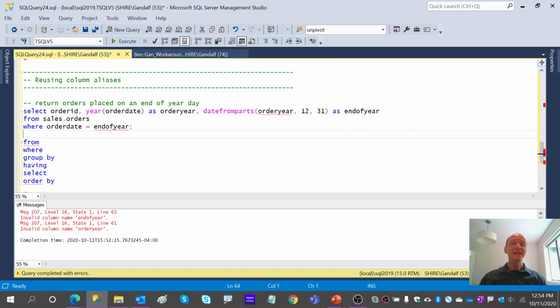I remember once I gave a lecture in a conference and someone came to me at the end of the lecture and asked me, when is Microsoft going to fix this bug? And clearly this is not a bug. This is part of SQL's design, not something that even Microsoft chose.